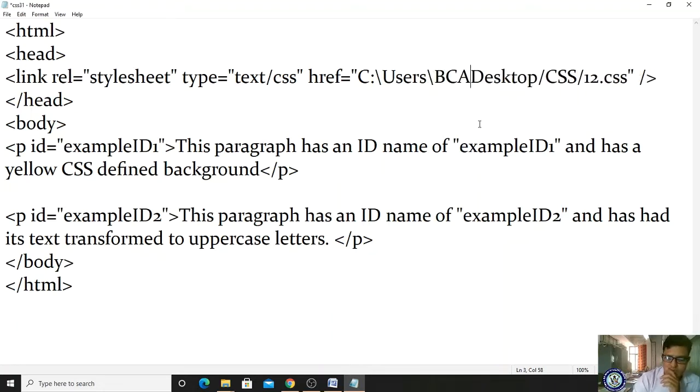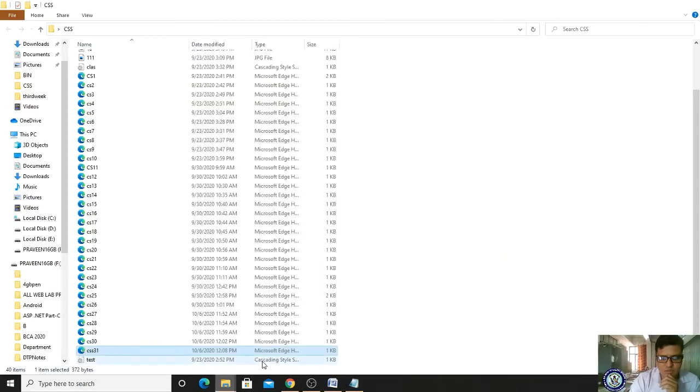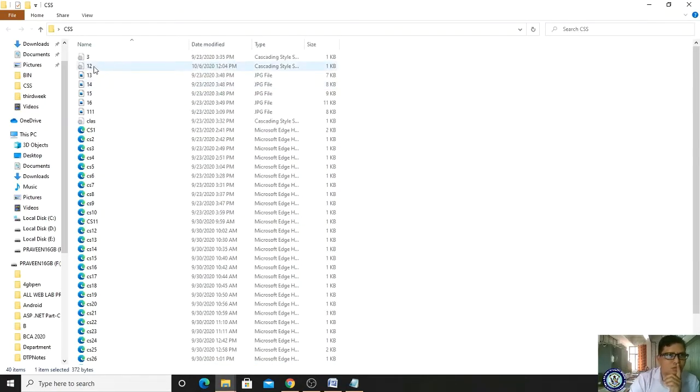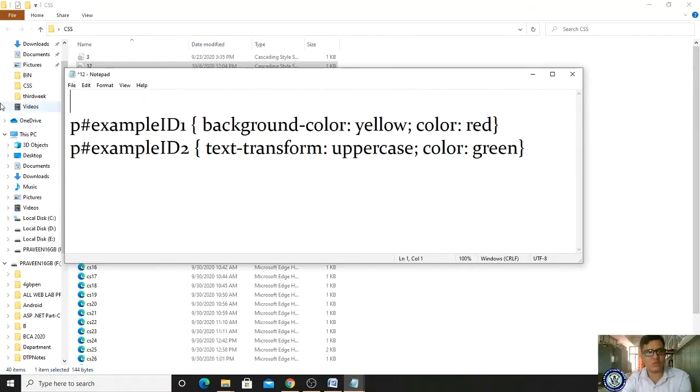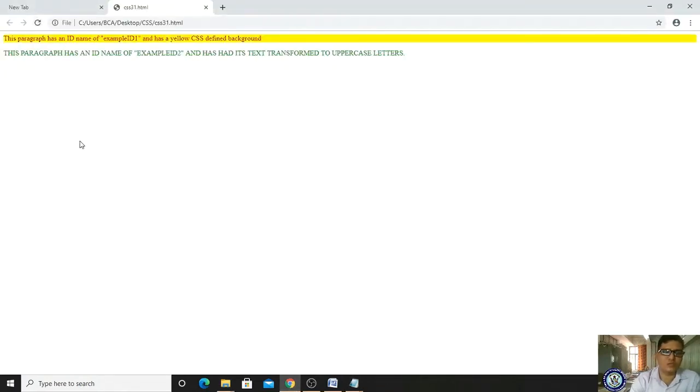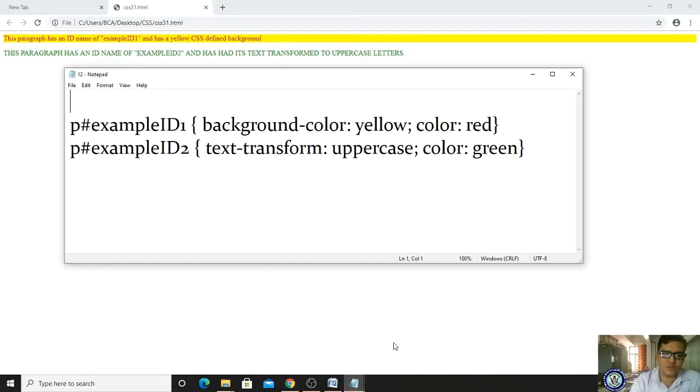Okay, somewhere else we are making a mistake. The css folder, it is tool.css, right? Tool.css is there, yes. Example id 1, example id 2, text transformation is done. The id dot, okay, it doesn't require that. Let me save it and check now. Yes, now it has appeared, right? So in the CSS code we had made a mistake. You have to give only the code, then only it will appear, right?